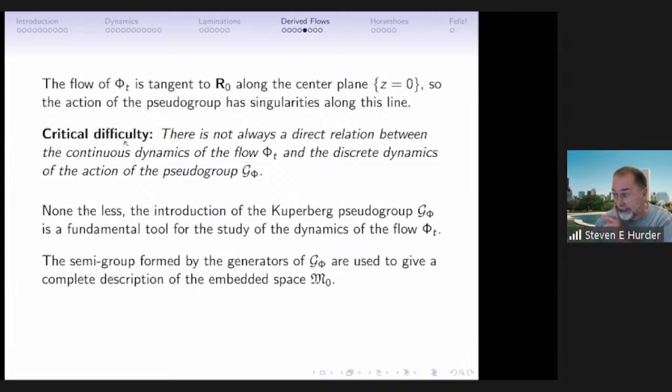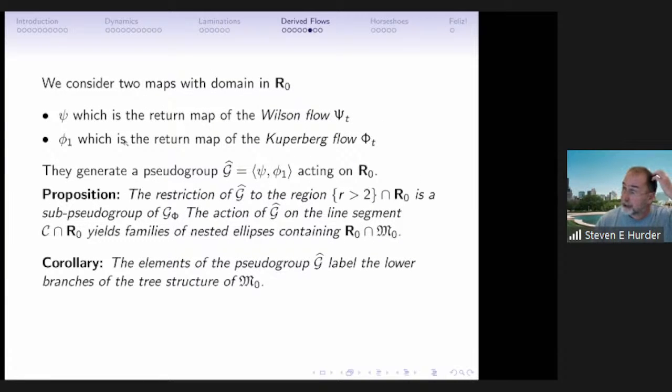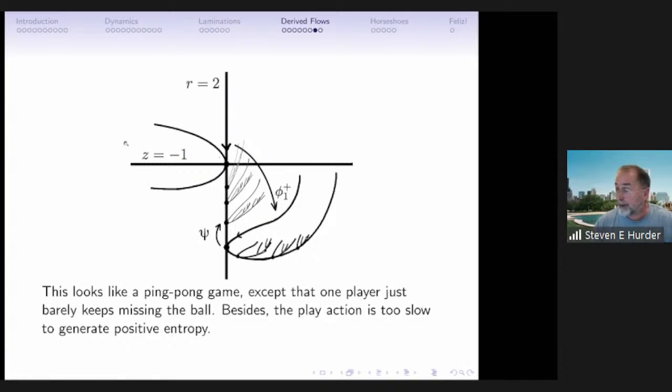But nonetheless, I think it's a new way of using pseudogroups, and it allows us to correspond dynamics of this broken pseudogroup with this tree, which is called M0. So we want to convert the self-similarity of that into a pseudogroup property. And so I introduced two maps, which are the key maps in this game. And let's get the picture. One map, this flip, is the insertion, fold and insert. The other map is climb up, and that's the Wilson map.